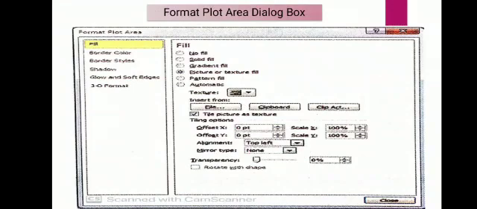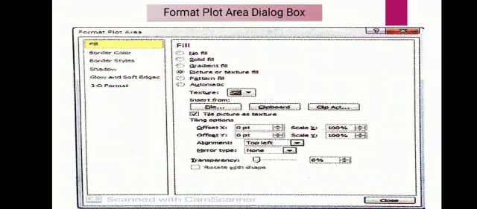So for this you have to right click on the plot area. Then you have to select the format plot area option, and then select the border style, border color, and shadow effect according to your choice, whatever you want to change. See, several options are given. If you want to fill color, select fill. If you want to change border color, select border color. If you want to change border style, select border style. If you want to add 3D format, then click on 3D format. Okay. For now, you want to change color.